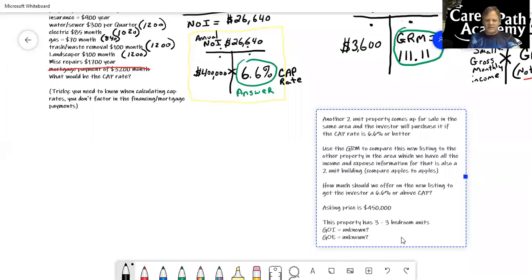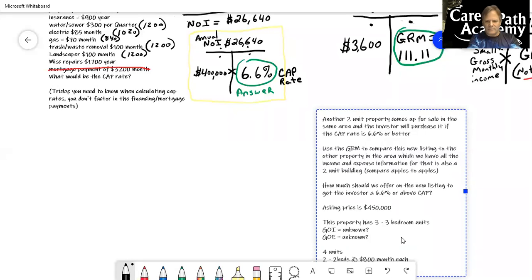Let's just say that that comparable property had 4 units and 2 are 2-bedroom at $800 a month each, and 2